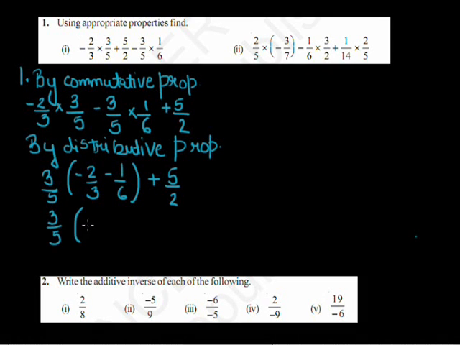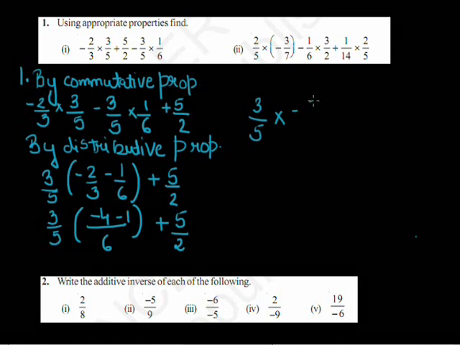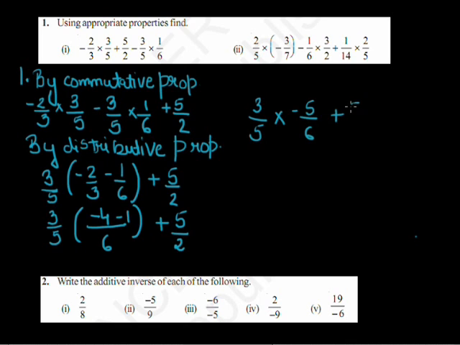I can take the LCM. The LCM will be 6. So minus 4 minus 1, plus 5 by 2. Okay, now 3 upon 5 into minus 5 upon 6 plus 5 upon 2. Now I can cancel out. 3 to the 6 and 5 will be cancelled by this. So I will get minus 1 upon 2 plus 5 upon 2, that is equal to 4 upon 2,